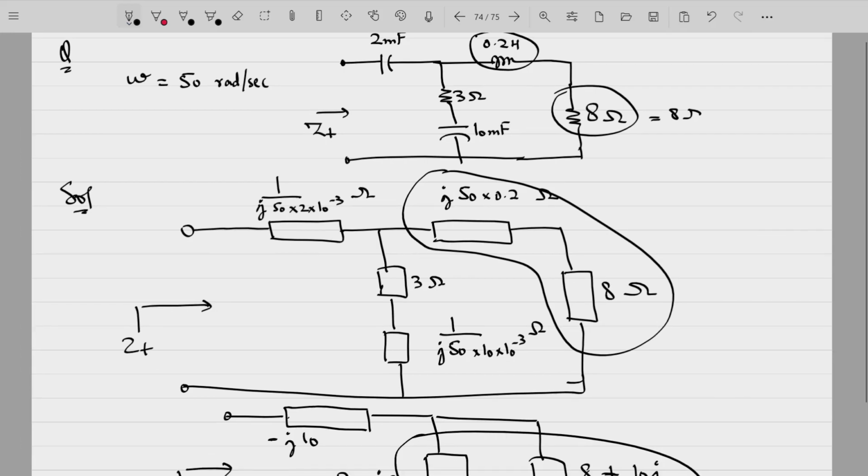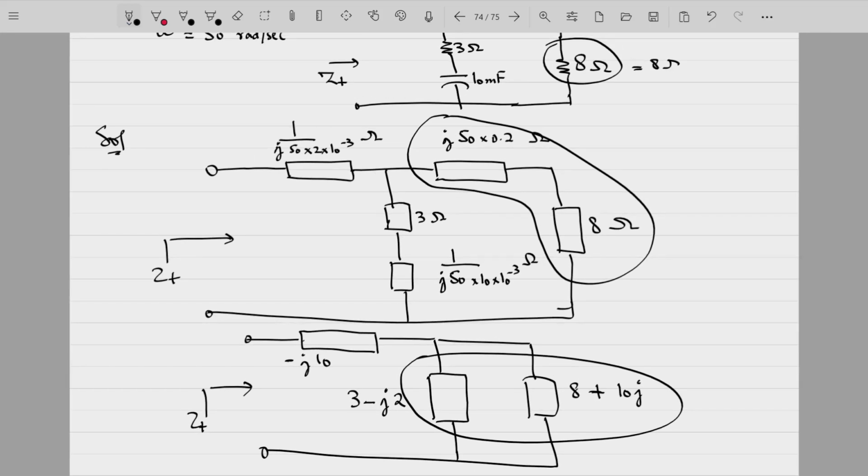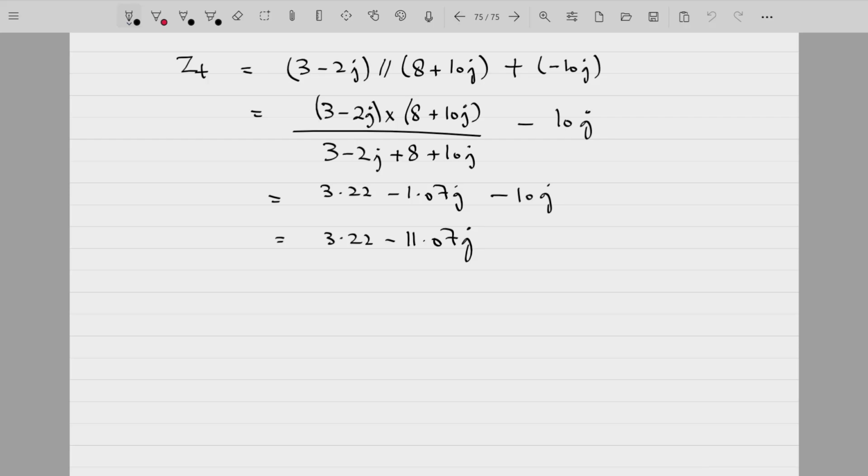तो सबको कन्वर्ट किया, फिर जैसे रेजिस्टेंसेस को सीरीज में करते हैं, वैसे इम्पीडेंसेस एड अप होते हैं। पैरेलल में जैसे रेजिस्टेंसेस को 1 divided by Z1 plus 1 divided by Z2 करते हैं। So you can find out the net impedance of the circuit. That will be 3.22 minus 11.07 J. Fine. तो ये हो गया।